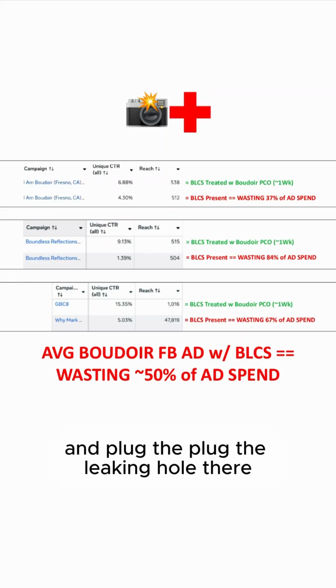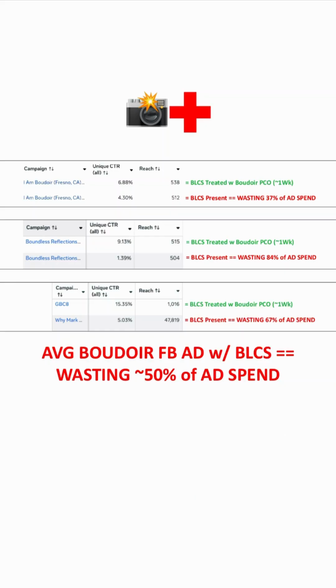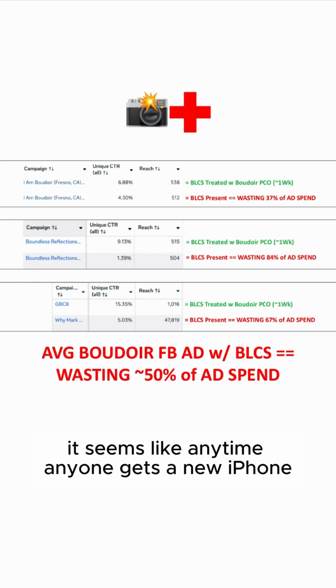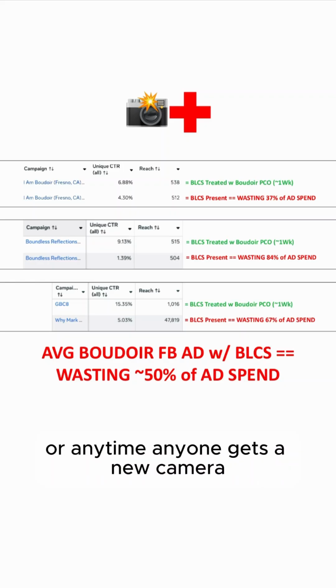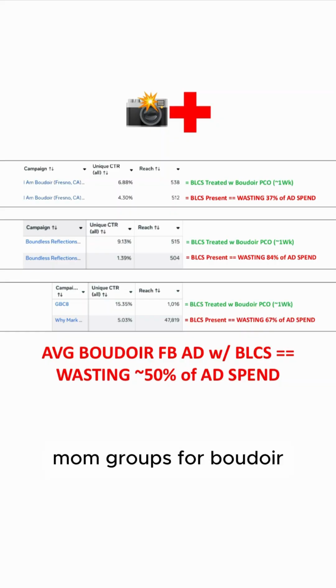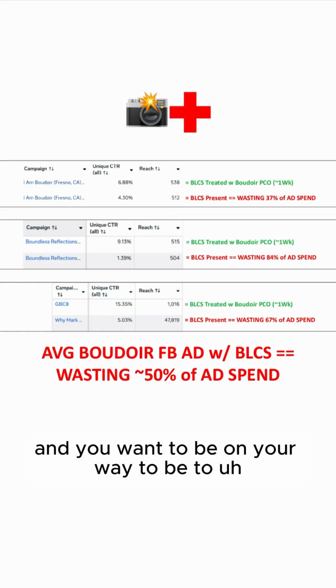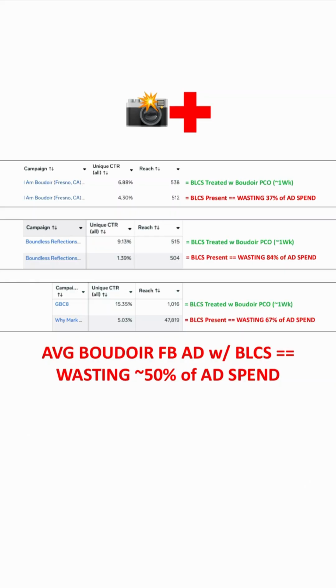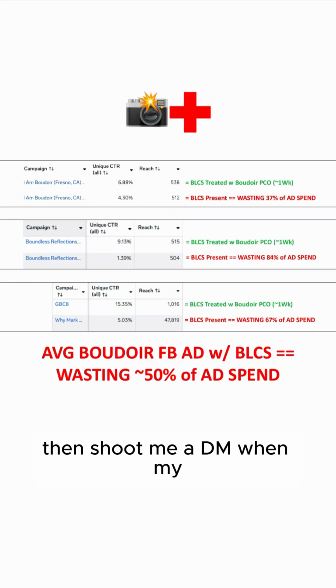Kind of plug the leaking hole there, because you recognize more women are becoming boudoir photographers every day. It seems like anytime anyone gets a new iPhone, there are new Google My Business profiles going up, or anytime anyone gets a new camera, there are new people posting in the mom groups for boudoir that they offer boudoir shoots now. And you want to be on your way to being the number one boudoir photographer in your city,